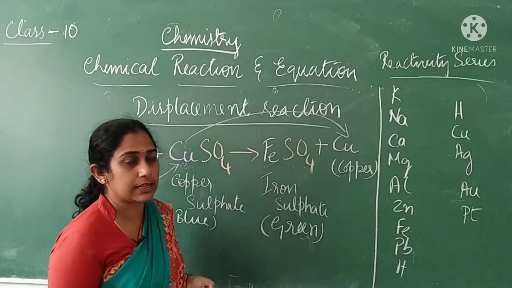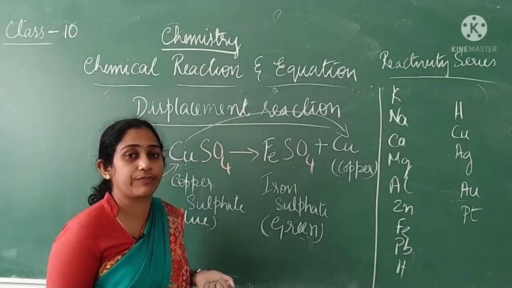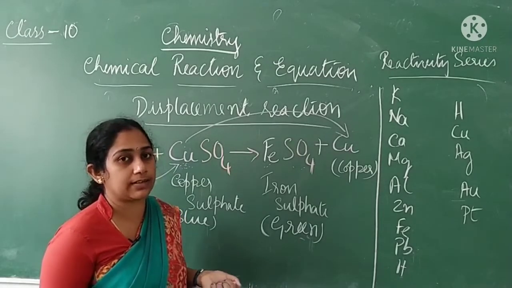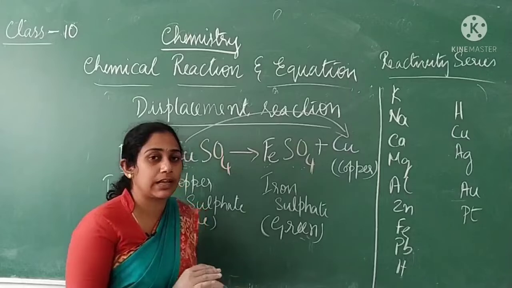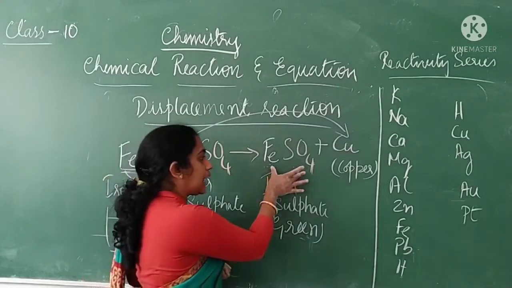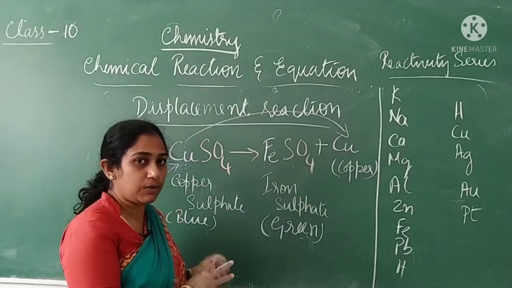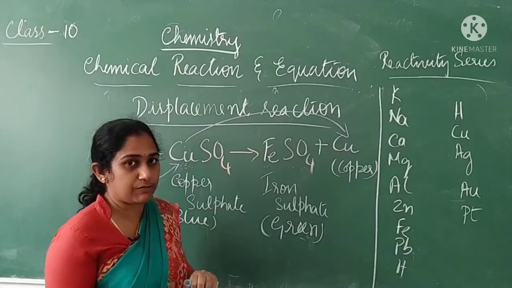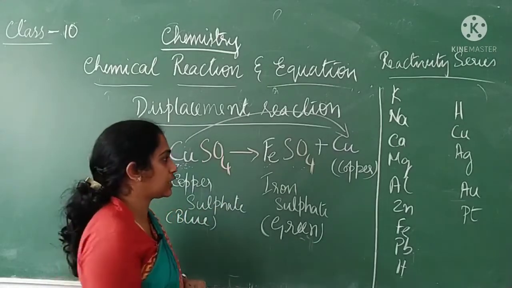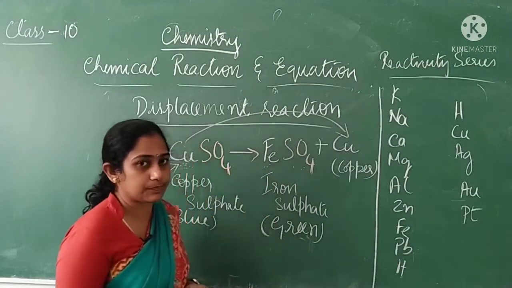We have done another experiment in yesterday's class. So in the last video, you have seen the color of ferrous sulfate, the decomposition of ferrous sulfate by providing heat. I had shown the experiment. So in that you have seen the color of ferrous sulfate. It was pale green color. So now it has become a pale green color substance called ferrous sulfate. That's the reason why the color of copper sulfate changes to ferrous sulfate, because the compound has completely changed. We have got a new substance after the chemical reaction called ferrous sulfate, which is pale green in color.